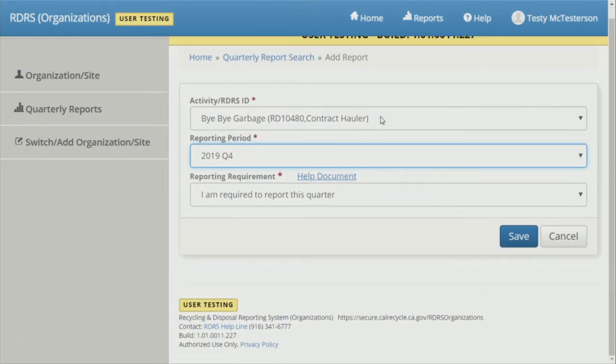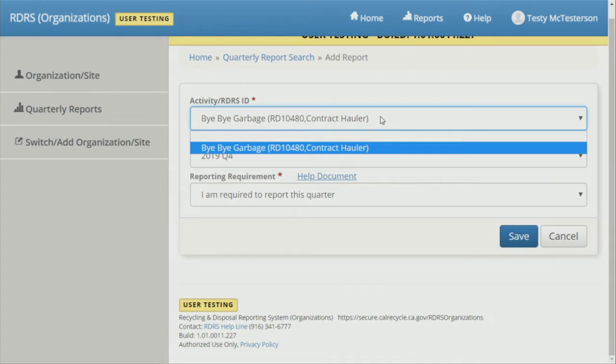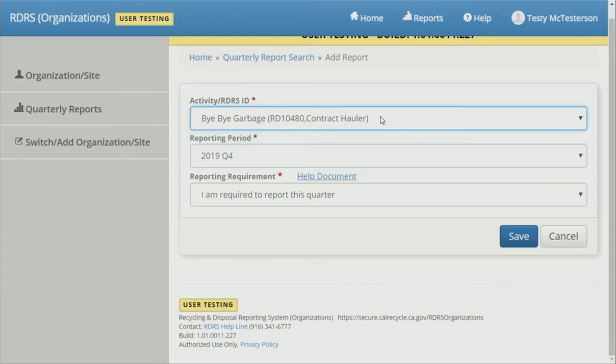So select the reporting entity activity that you're reporting for on the site. The reason for this is that there could be more than one reporting entity activity on a site. For instance, a transfer station co-located with a landfill would need two separate reports for that site. But in this case, it's just the contract hauler. So we can select that, then quarter 4, and indicate that we're required to report this quarter. No applicable exemption this time. So click save, and that will